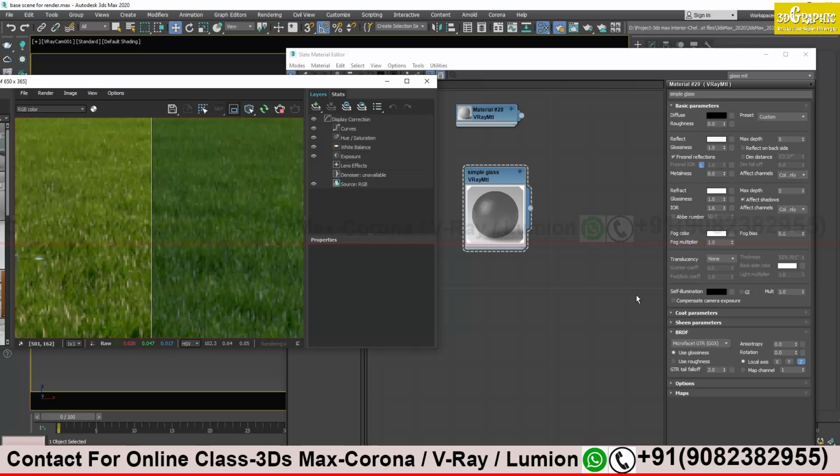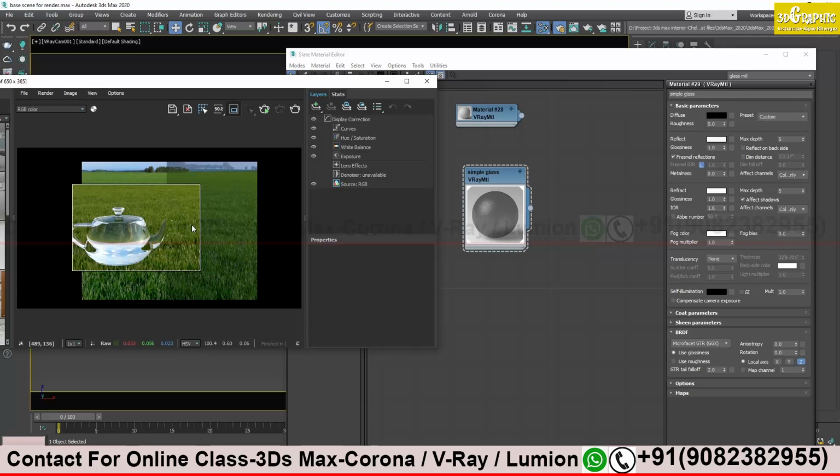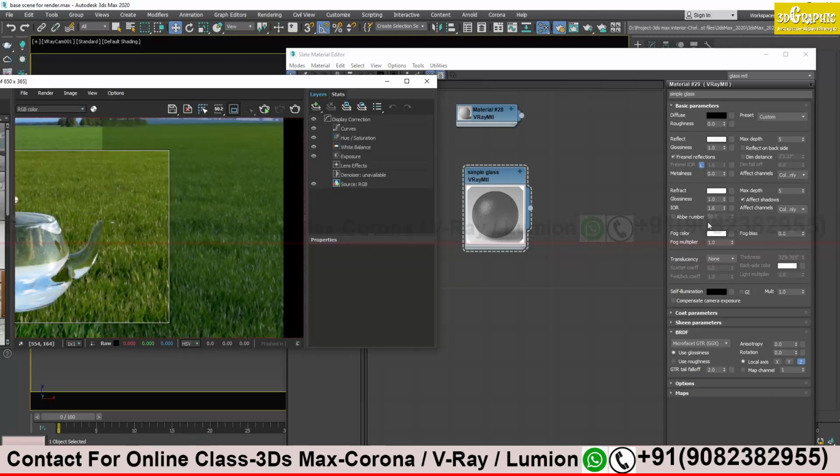We can see some frosted glasses with uneven surfaces. That is something you get from the glossiness here itself. That will be enough to make the frosted glass effect. Fine, sir. From here you can get it.